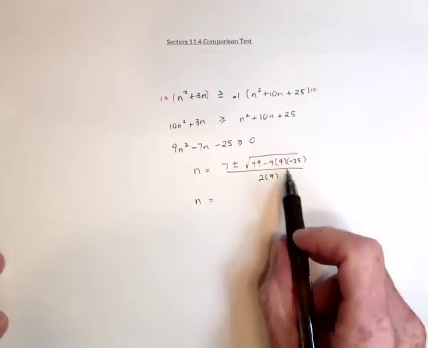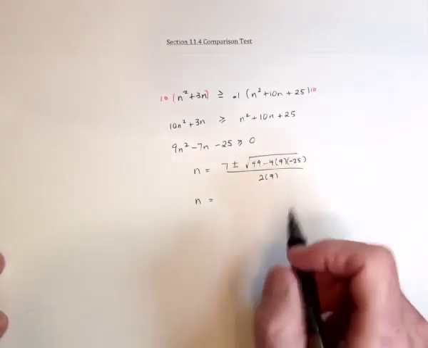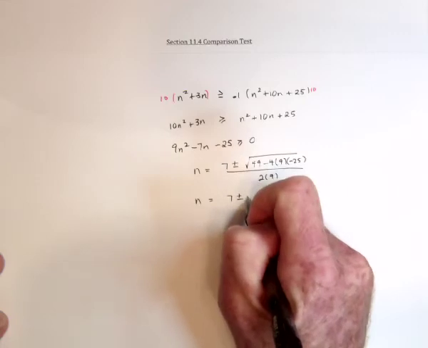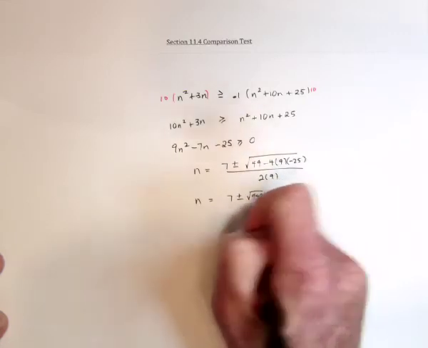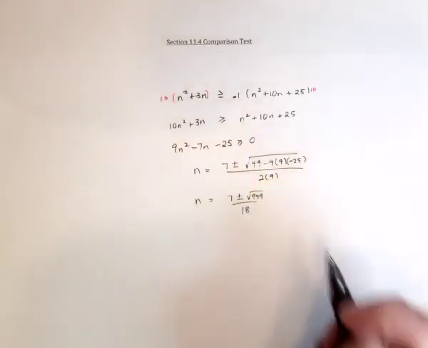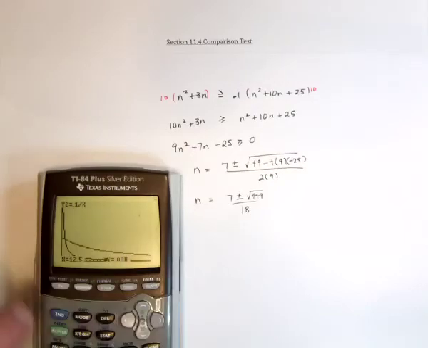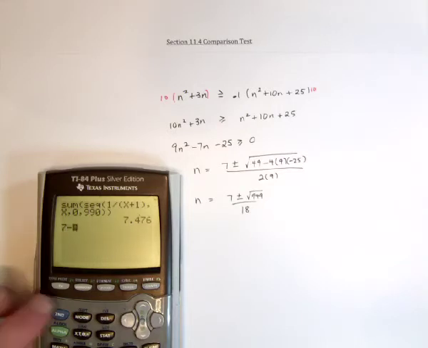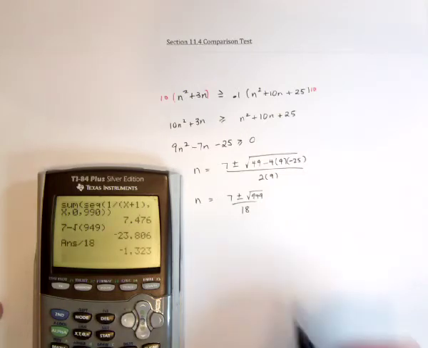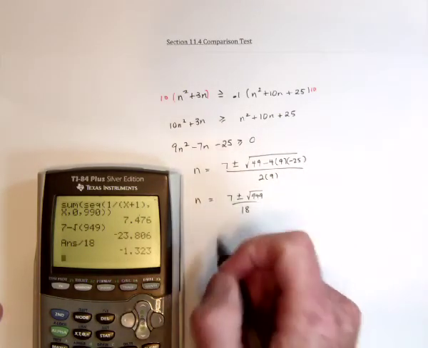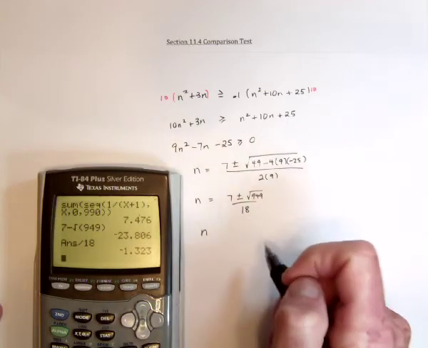So let's see, this is 949. 7 plus or minus the square root of 949 divided by 18. So we've got 7 minus the square root of 949 divided by 18. So as long as n,